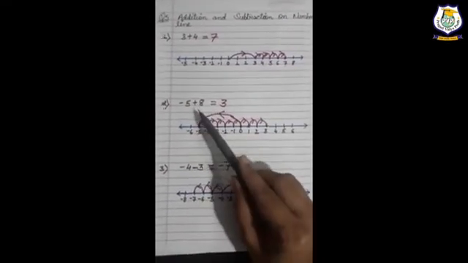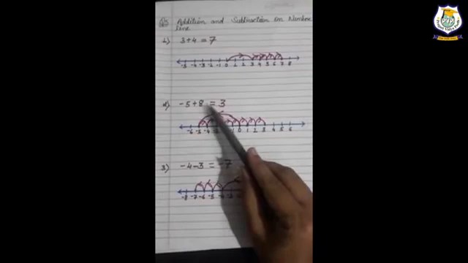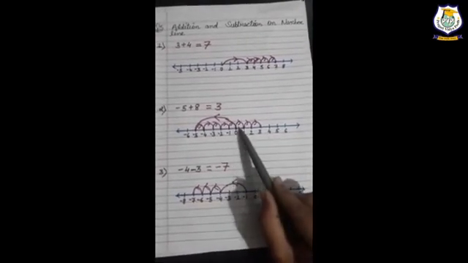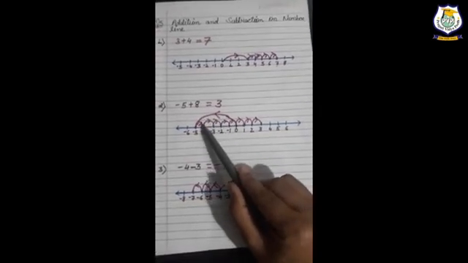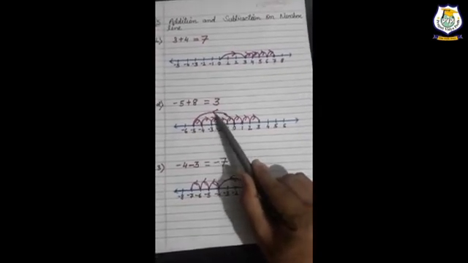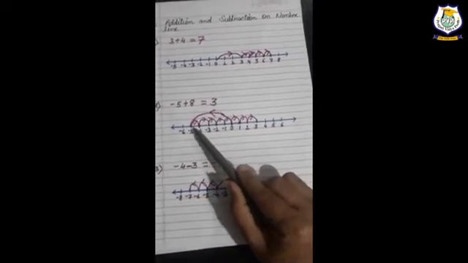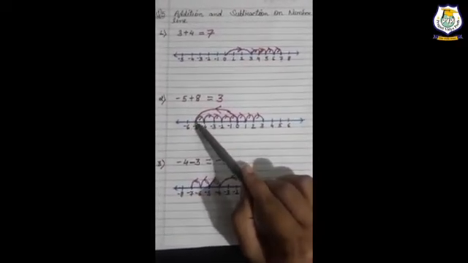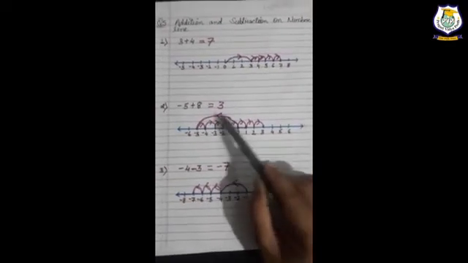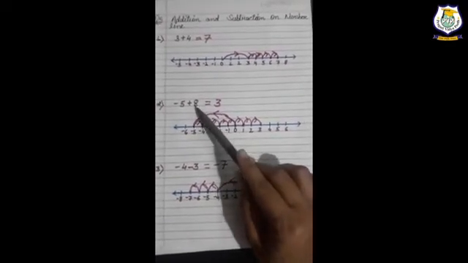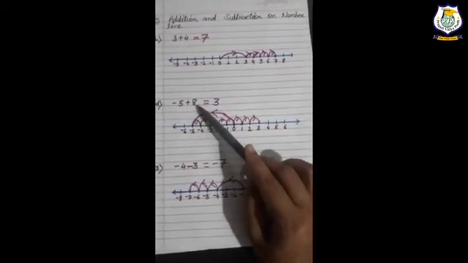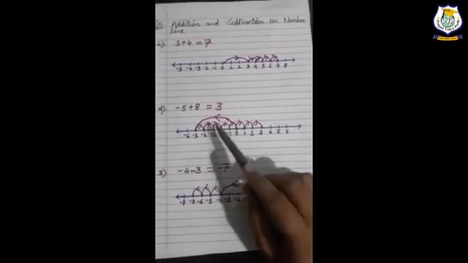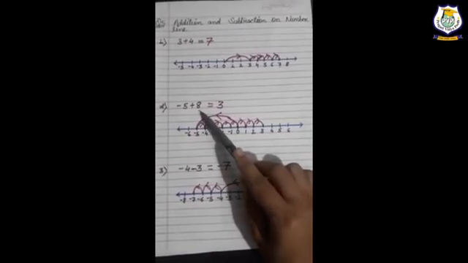Now we will come to our second problem, -5 plus 8. Here I have made the number line. First we go from 0 to -5, and I have put the arrow to show which direction we are moving, because the first number is only for indication of where we have to start. So from 0 I have gone to -5. Then the second term has the positive sign, so we will have to move from left to right. How many steps will we have to move? 8 steps.